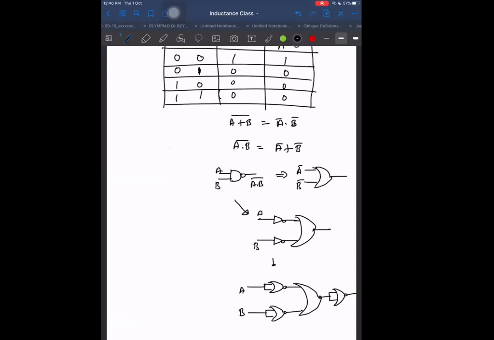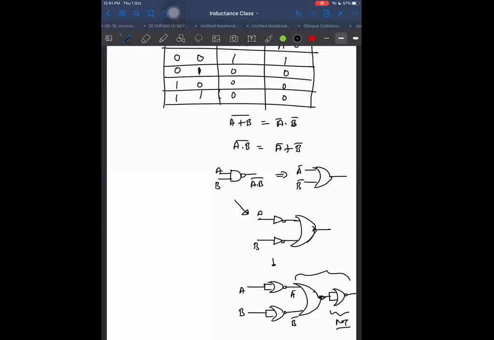I will end it. A, B. What is it here? A bar, B bar. What is it here? I wanted to obtain an OR gate after this, but a NOR gate in series with again one more. This is like a NOT gate only. NOT gate in series with NOT gate in series with the NOR gate will again become an OR gate only.